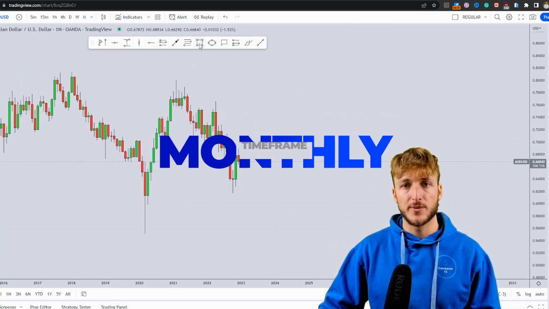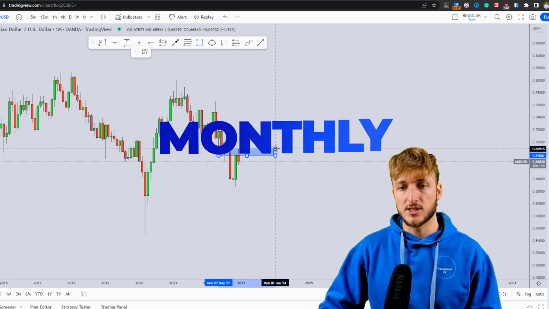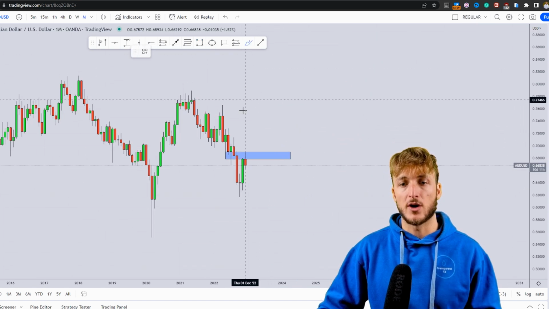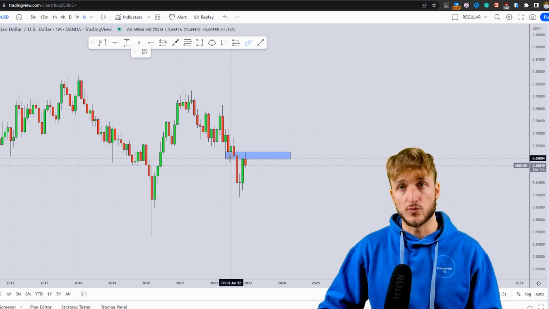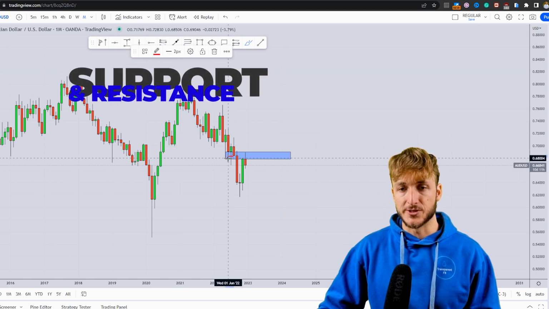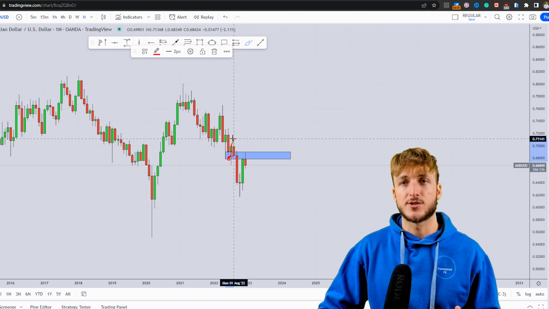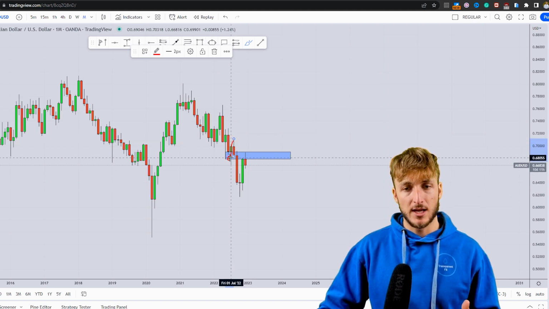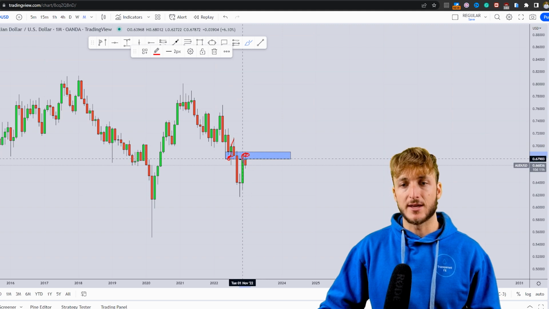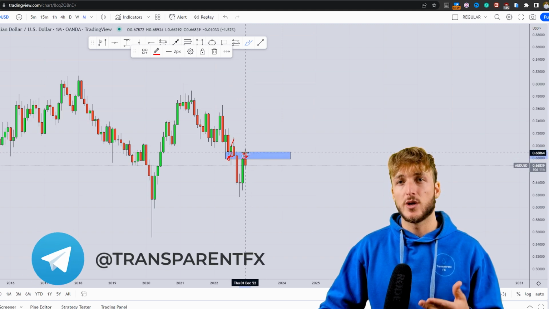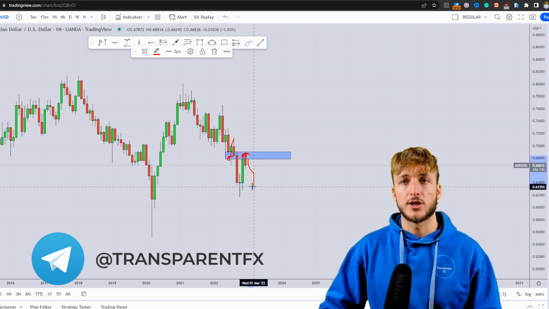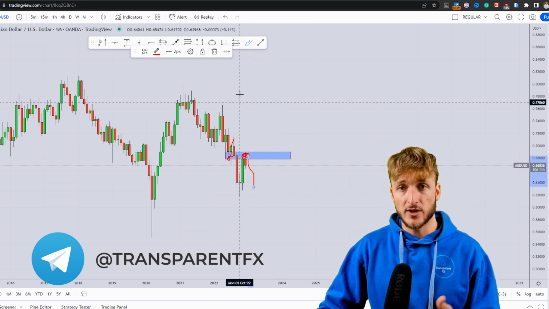Now, starting here from the monthly time frame, what we can see is that at the moment we have a market which is testing a very strong area of previous monthly support, which is now turned resistance. From here, all this move to the upside was created. We then had the break below the area. At that point, that previous support started acting as resistance here. And as we are testing previous support and resistance, we could expect more potential bearish price action to develop away